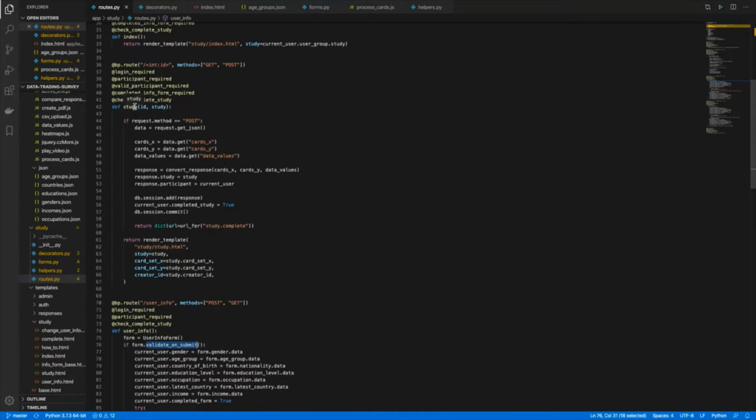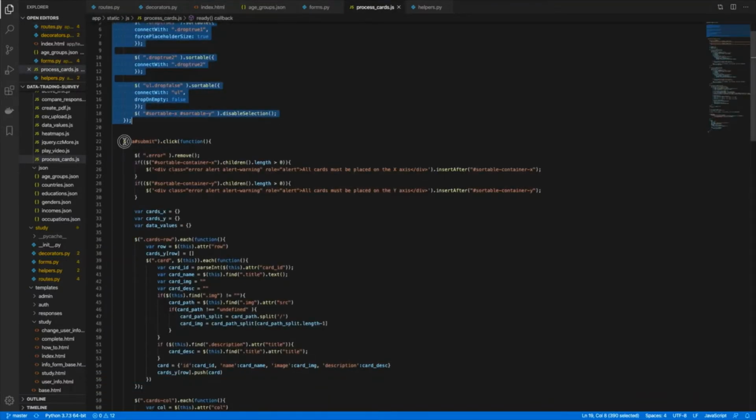The study route up here is the most interesting, and relies on a few components. You can see the request.getJSON method getting the JSON data from the client posting something to the endpoint. This JSON data is scraped from the web page using some JavaScript and is sent back to the server, which I'll show now.